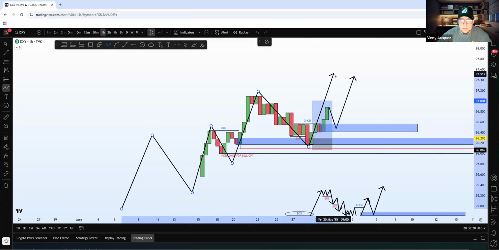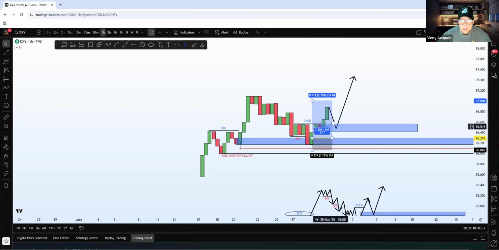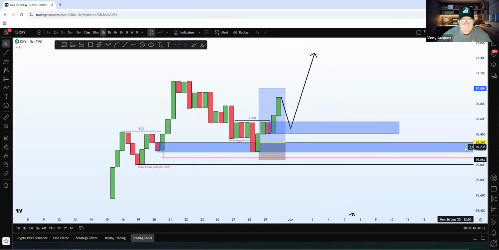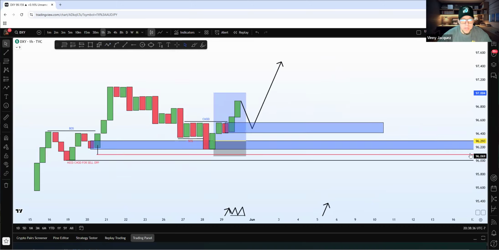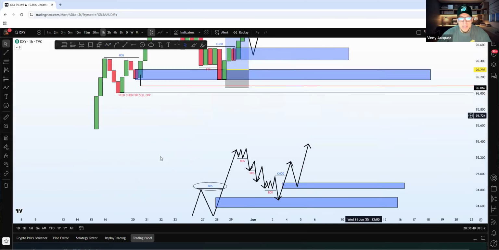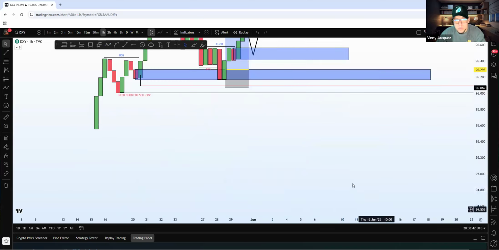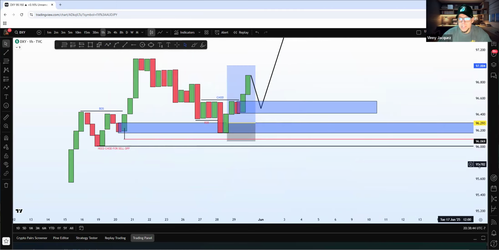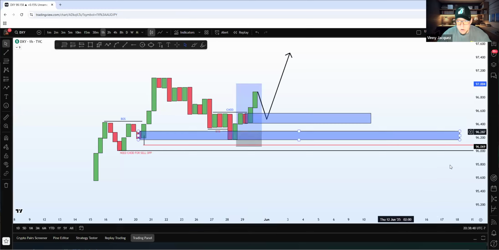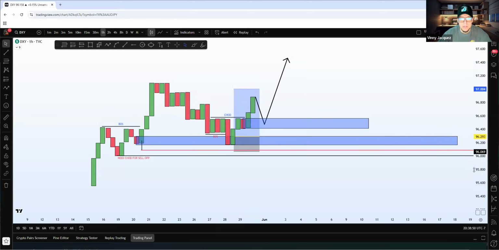Does that make sense? If you do not get in on this opportunity, you most likely will be missed and you have to wait for a brand new setup to happen. So I'm not saying it's a break and retest, but when you understand why break and retests work so well, it's because there's a brand new starting point near that break and retest, right?